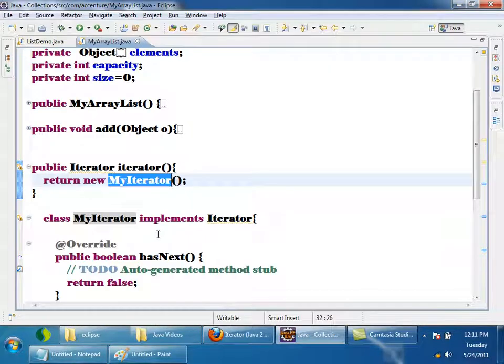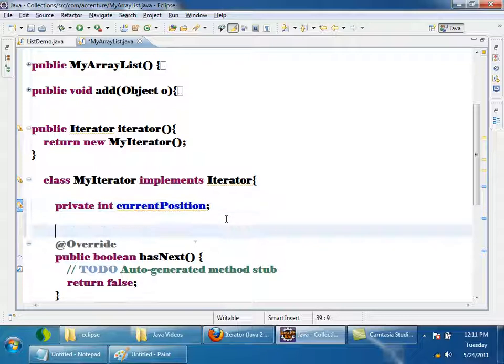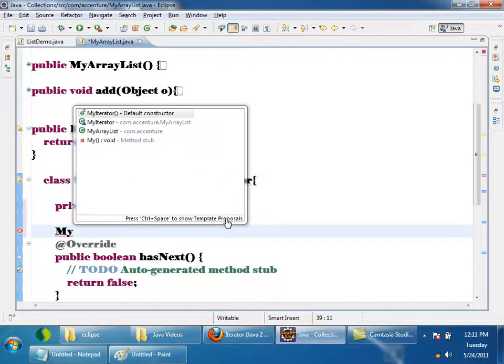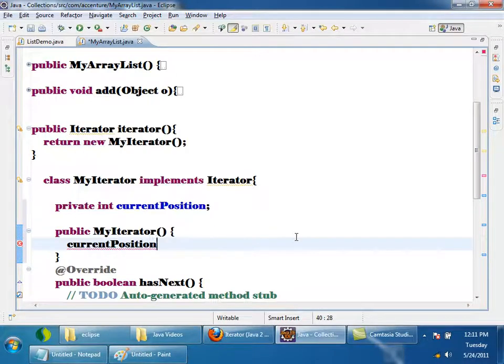See here, in my MyIterator class I will write a variable, private int currentPosition, and I will give a default constructor for MyIterator where I initialize currentPosition equals -1. So MyIterator has an instance variable called currentPosition whose initial value will be -1.